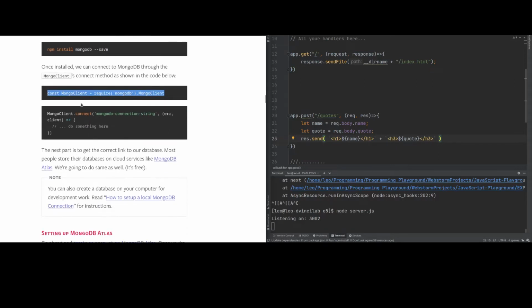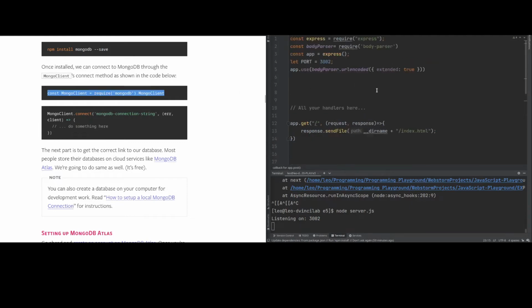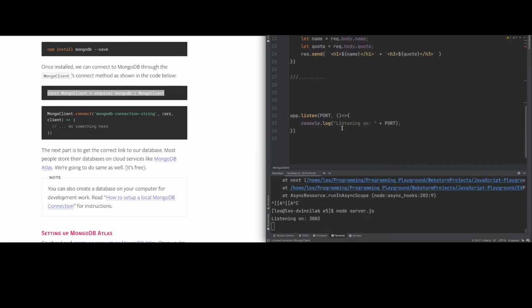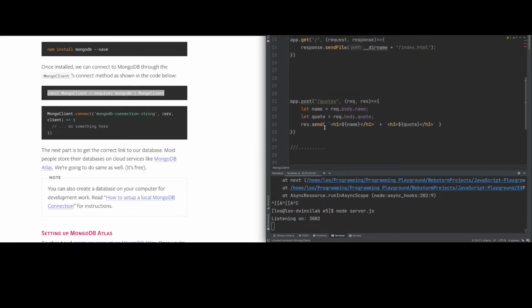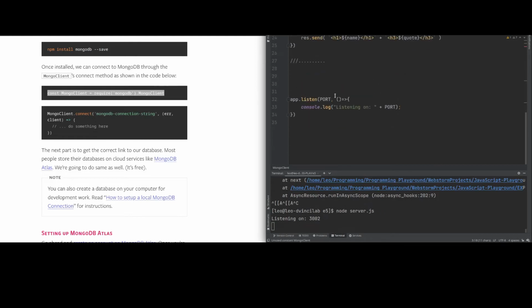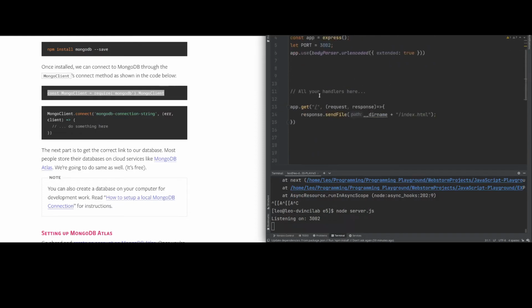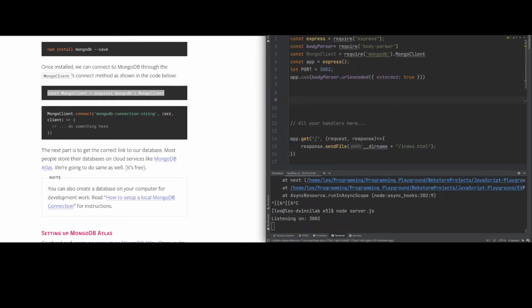the client part. So we can connect to MongoDB through the client connect. So I'm just gonna copy that, put that up here. So we get this Mongo client and require this, blah blah blah. And this is how we're going to connect to our Mongo database. Let me see. So these are our gets. I'm gonna just play around with this, and it's called Mongo client. So what I do is I create const and just let client equal new Mongo client,